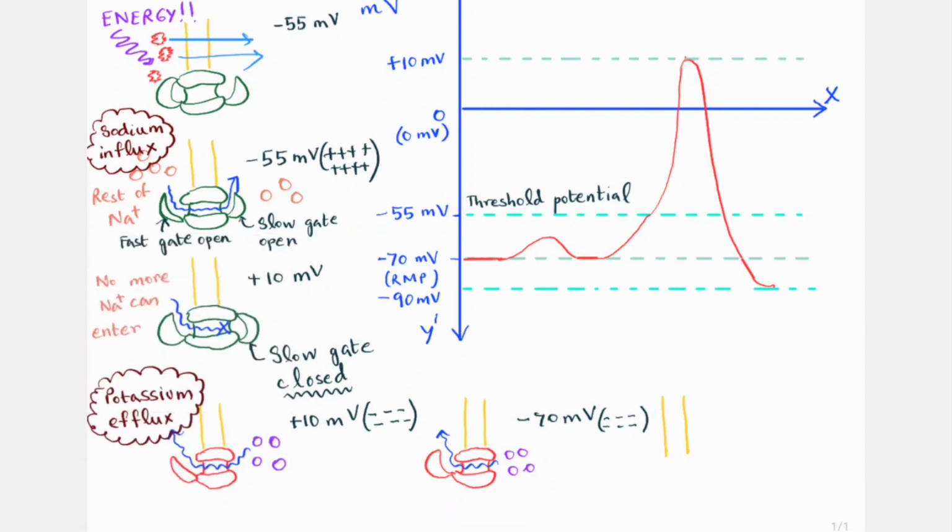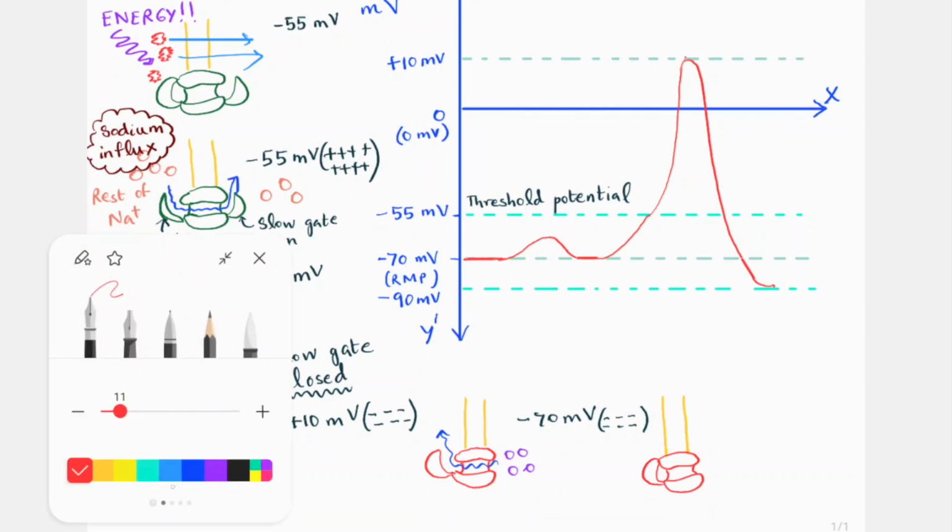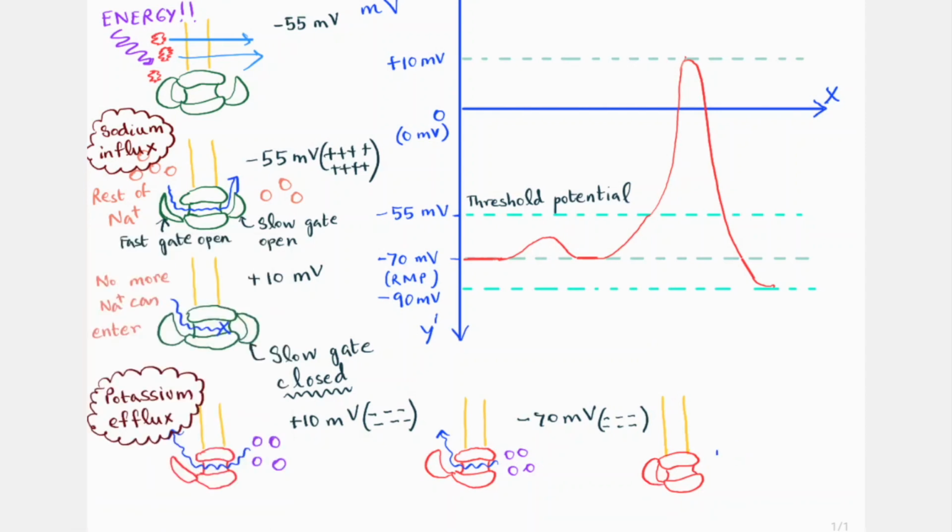This is in red, the potassium channel. What happens now is that the slow gate closes. The slow gate closes. Now it's a dead end for the rest of the potassium. It's a dead end right there. It's a cross. Okay, the potassium cannot leave anymore, and this is at minus 90 millivolt. So it stays there. All right.